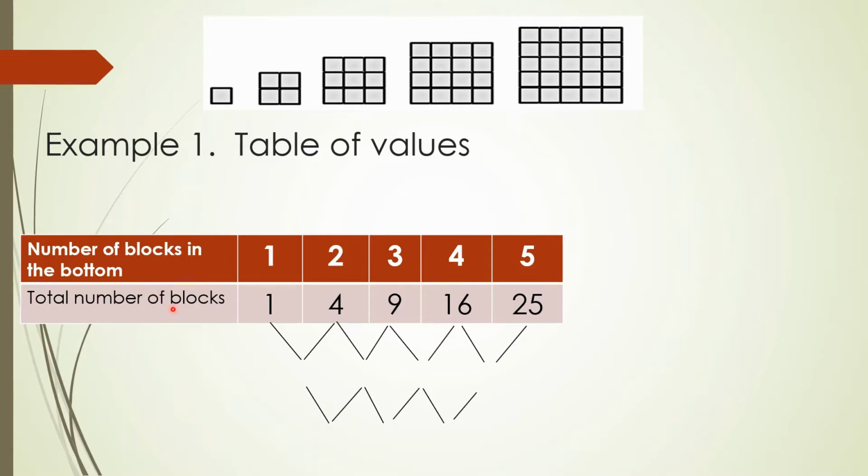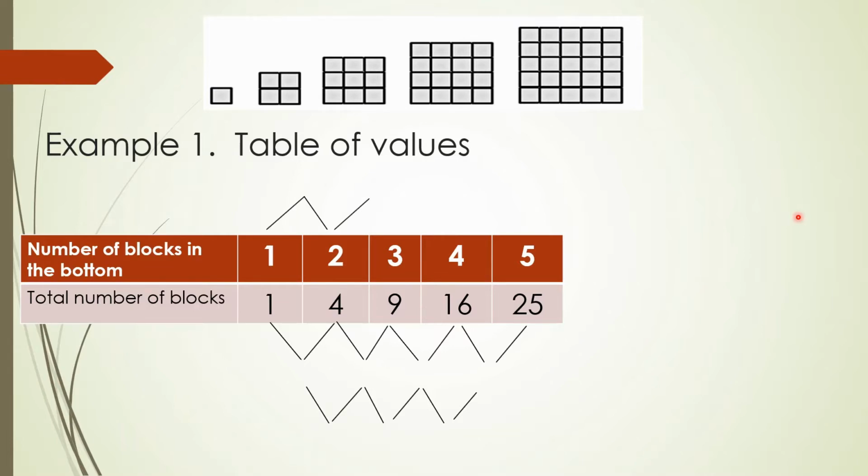Then when we count the total number of blocks, the first figure is only 1, yes. The second figure is 4, correct. The third figure has 9 total number of blocks. The fourth, we have 16 total number of blocks. And the fifth has 25 total number of blocks. Okay, on this table,